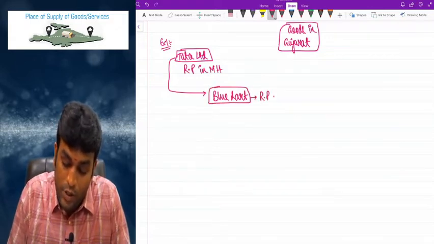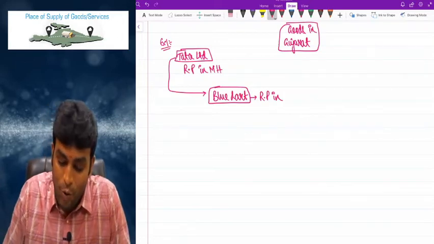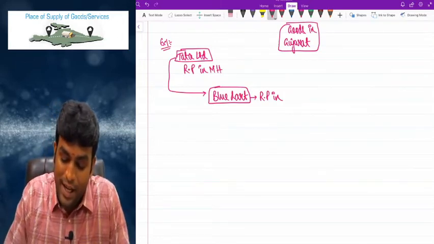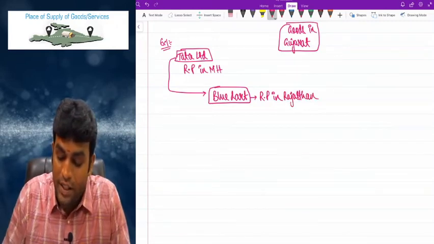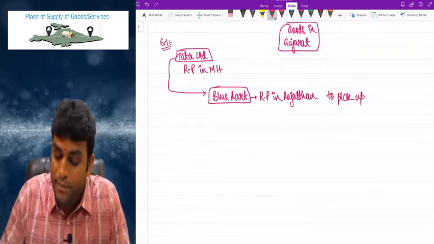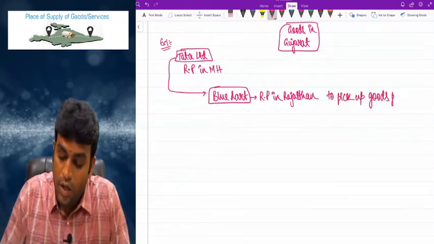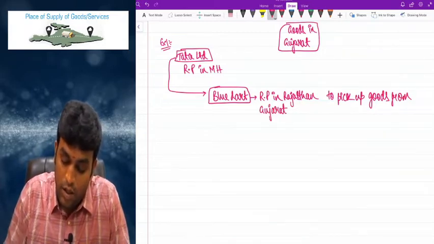Blue Dart, who is a registered person in, let's say, Rajasthan, to pick up goods from Gujarat